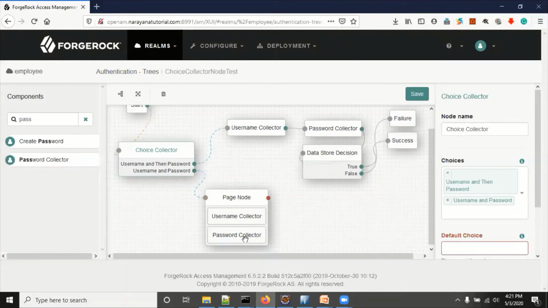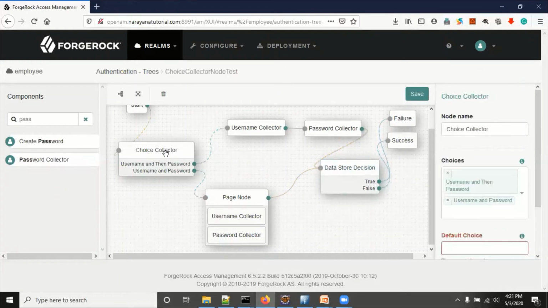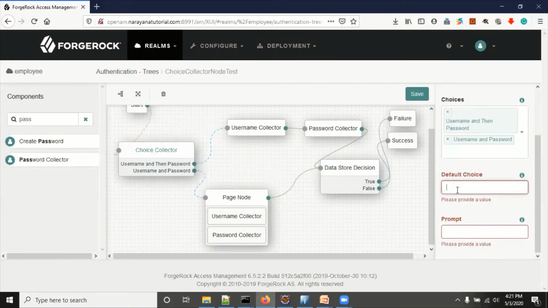In the page node, we are collecting username and password, and then we have to do authentication using the data store decision. From here, it is the same process. Now we can see how the differentiation works. Select the choice collector. On the right side you can see the default choice.